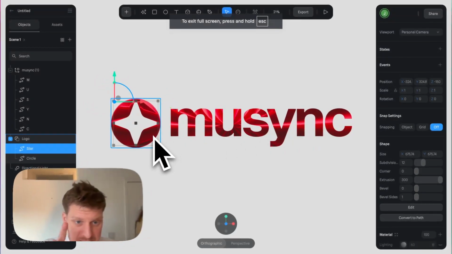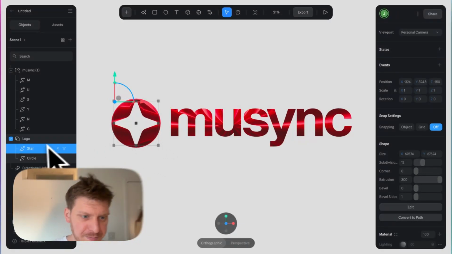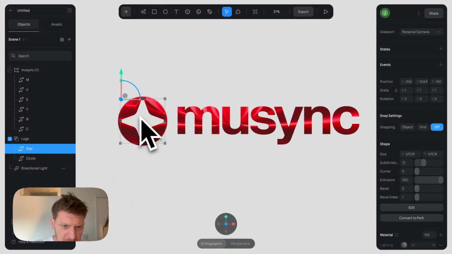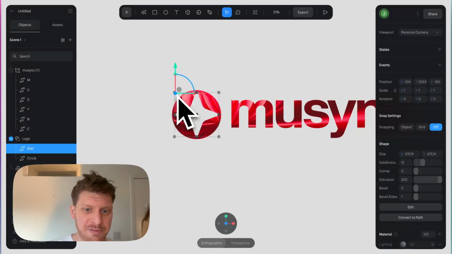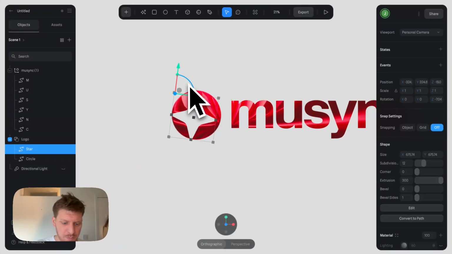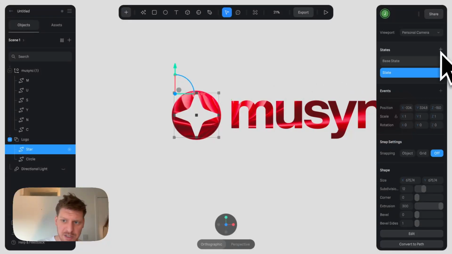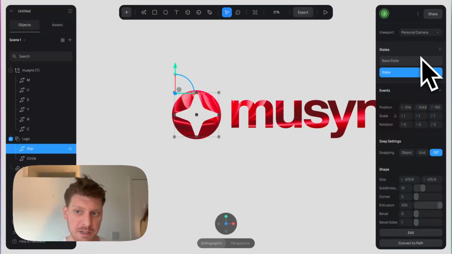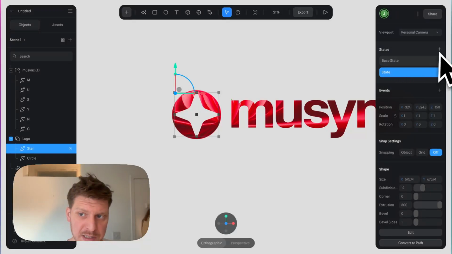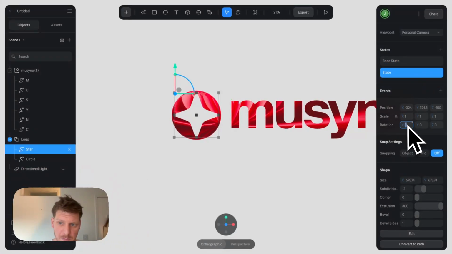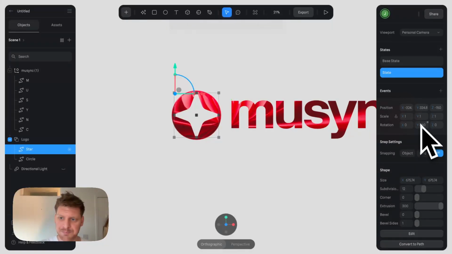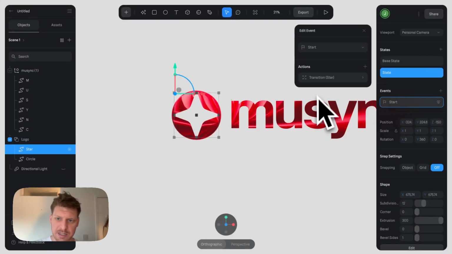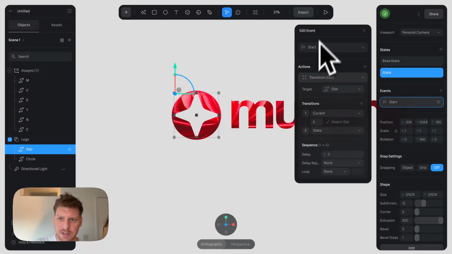But what I want to do is actually make this star spin within the logo itself, okay? So the problem that I had initially when I was practicing this video was that you see how you've got the pivot point in the top left here. So why is that annoying? Because if I was to do animations, say I was to go to the states on the right, so this is how you do animations. You click this plus icon, and then you've got the base state and the state. Now, if I wanted to rotate this on the y-axis 360, then what we can do is click transition, star, current, 5 seconds,